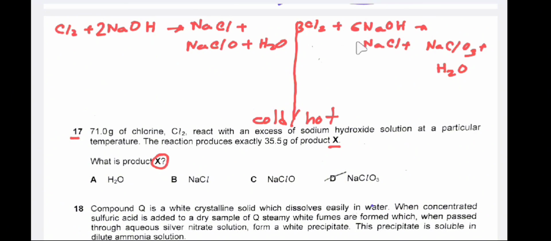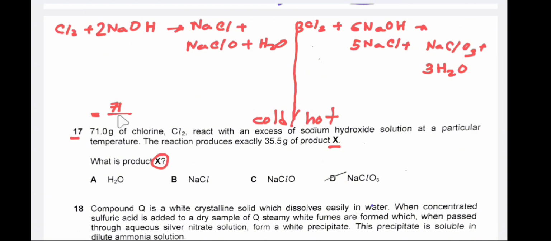3, 6, then 5 sodium chloride and 3 moles of water. So this is the balance equation: 3, 6, 5, 3. For both of these equations, we need to first find the number of moles of chlorine. Number of moles is equal to mass in gram, that is 71, divided by AR or MR,